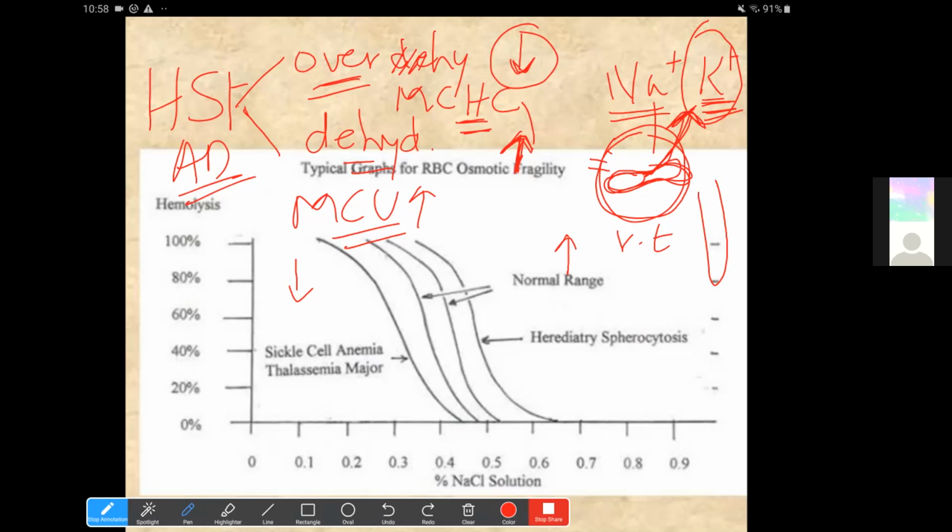So in the dehydrated form, this dehydrated form of stomatocytosis is the one that in some books is even referred to as hereditary xerocytosis. So we need to know all the different names for this disorder. That is, there are two forms: the overhydrated form, in which the MCHC will be decreased. Both are autosomal dominant and have an increased MCV, and both of them have leaky channels. Although the defect will be different in either one of them.